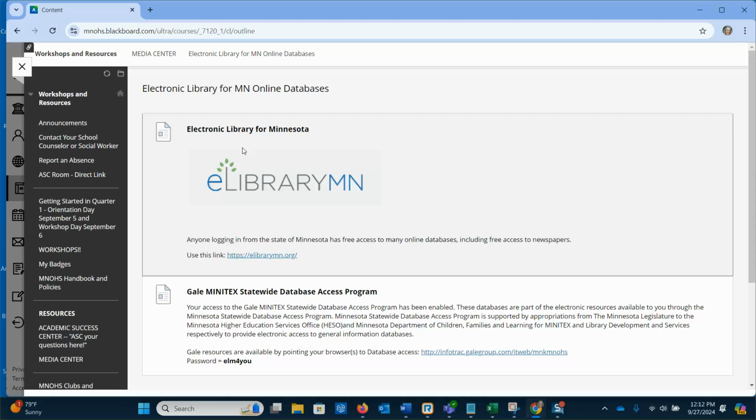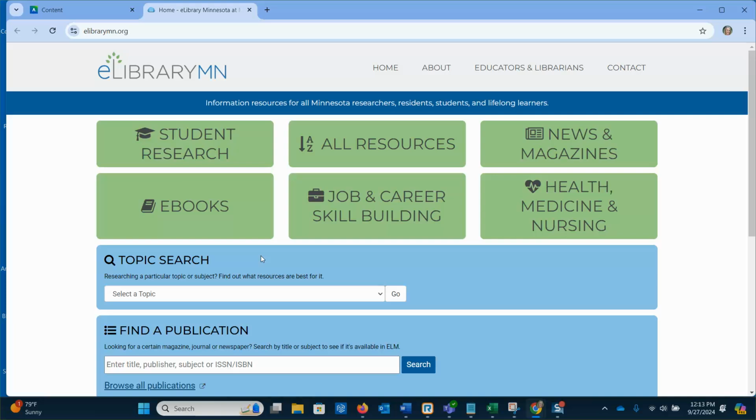Click on that, and then to access the electronic library, click on this link right here. It's elibrarymn.org. And as I said, as long as you are logging in from Minnesota, you should have free access to